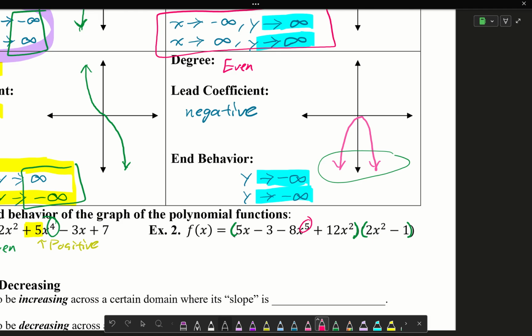But actually, after this and this get multiplied together, x to the 5th times x to the 2nd is going to generate an x to the 7th. So this is actually an odd degree,